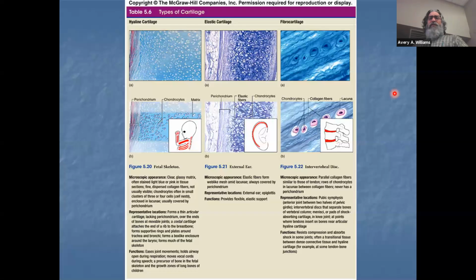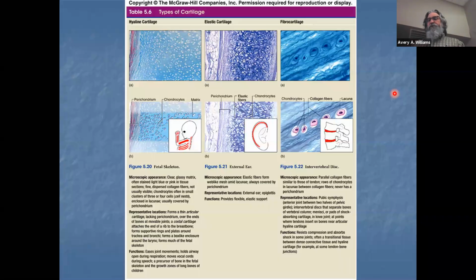And that's the only place you're really going to find collagen fibers in the matrix of the cartilage, where it needs to be reinforced with this extra strength, kind of holding it together like rebar. So the intervertebral disc, and also the meniscus in your knee joint. You think about your legs, that's a lot of weight coming down on those two joints, your knees. And so you've got fibrocartilage in your knee joints protecting the top part of your femur,